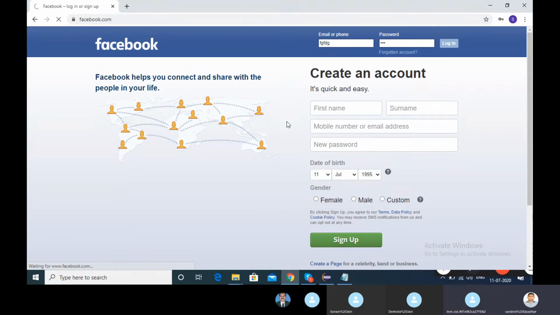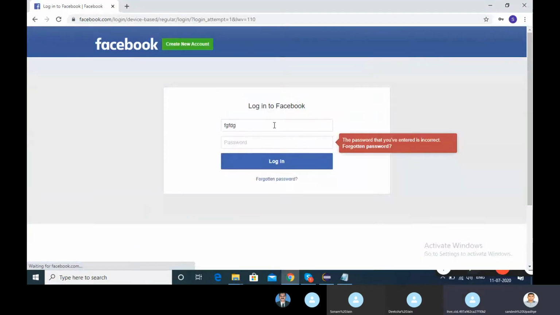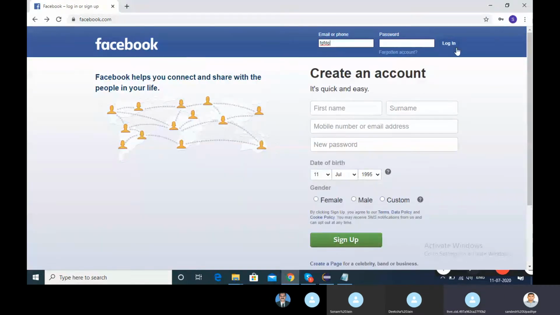For demo purposes, I am not putting my proper or correct credentials. I am putting some fictitious, wrong data to help understand. You can put your proper data and check it. Okay. As of now, I want to tell you how to work with the button itself.